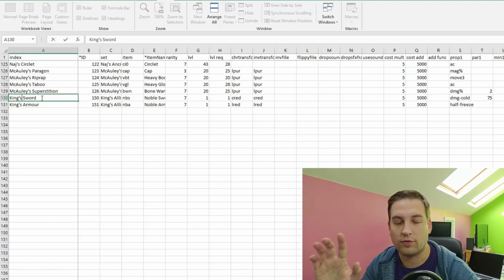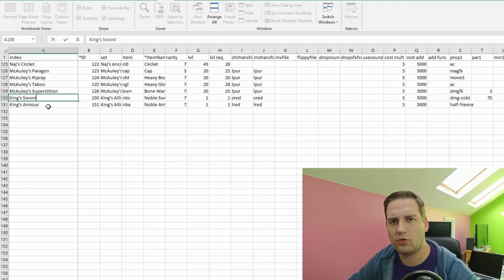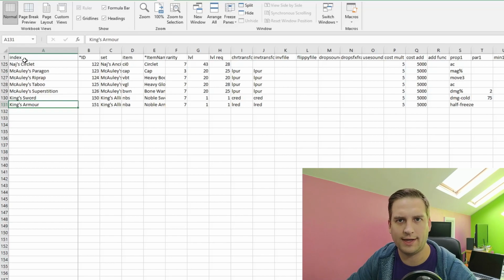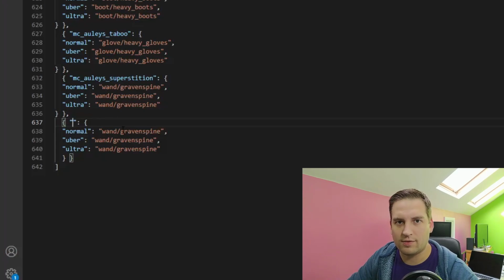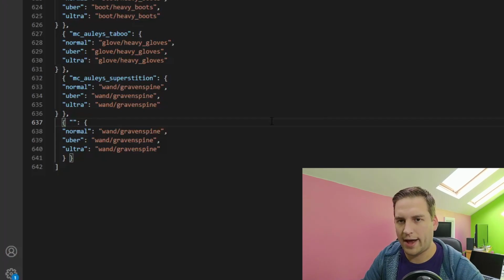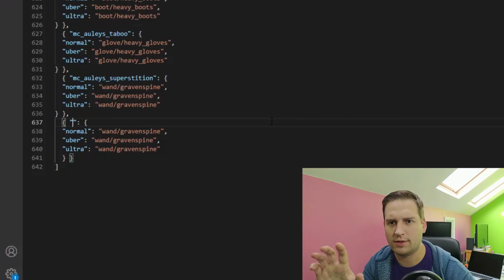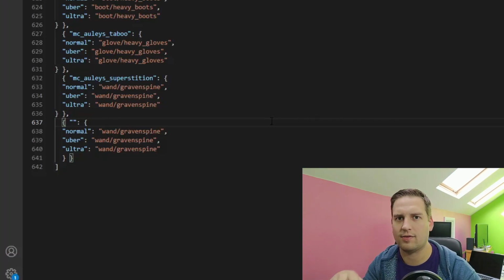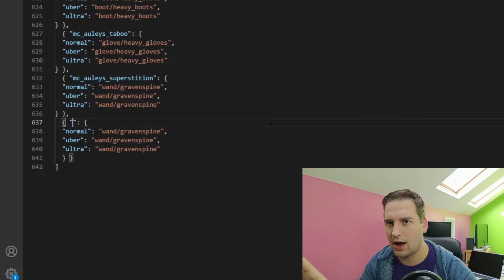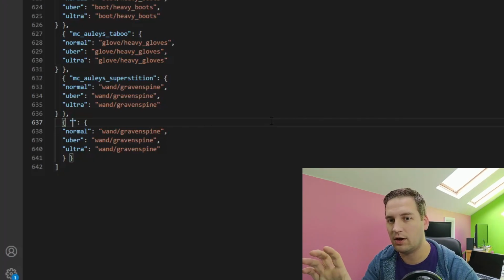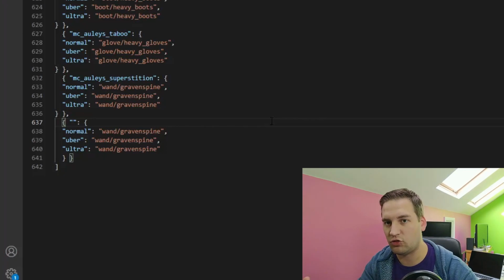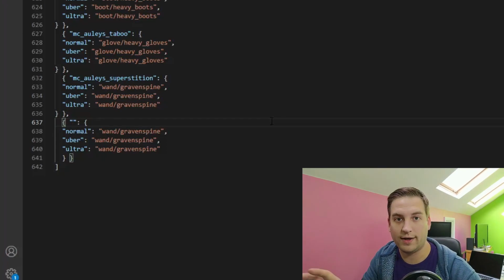And if we think back to our setItems.txt, we had the king's sword and king's armor in here under the index, and this is what identifies those objects. So if we open our sets.json, we'll want to add this index in here. However, the index in the setItems.txt has apostrophes, uppercase characters, spaces, etc. And we don't want any of those in this file. So what we're going to do is change the index to lowercase, get rid of special characters, and replace any spaces with underscores. So our king's sword becomes